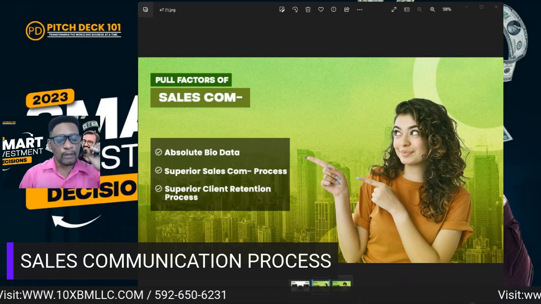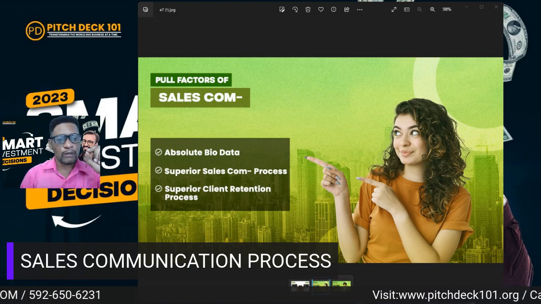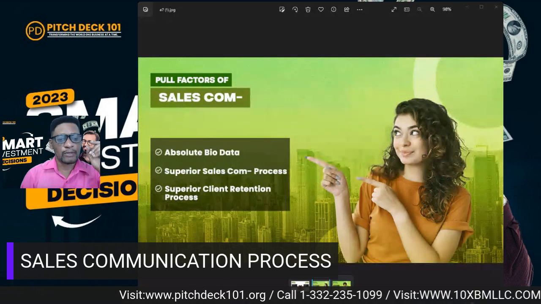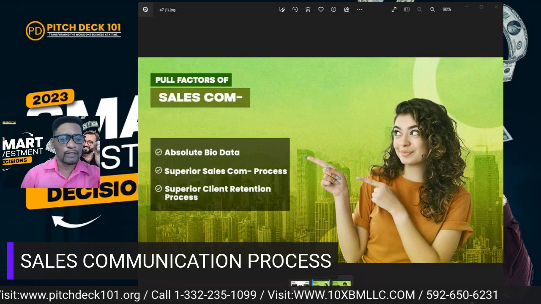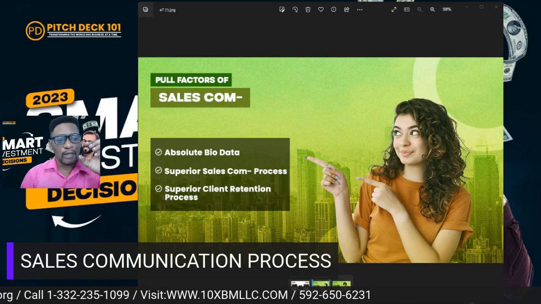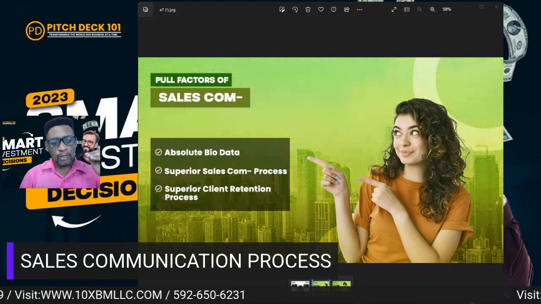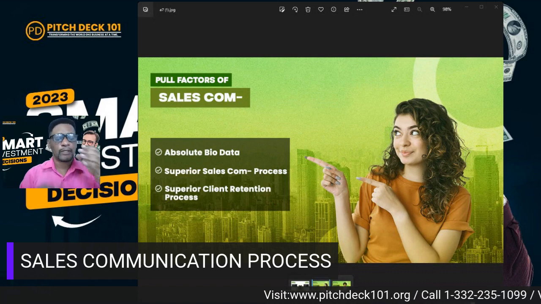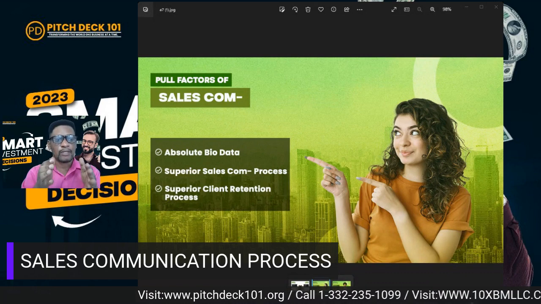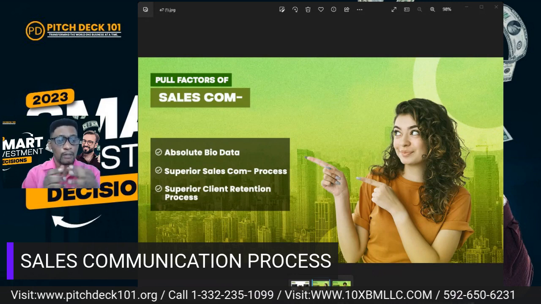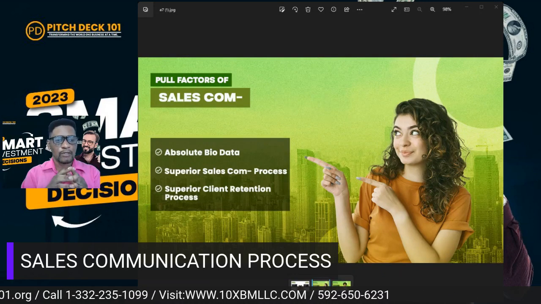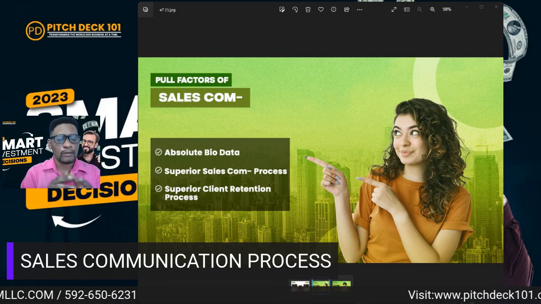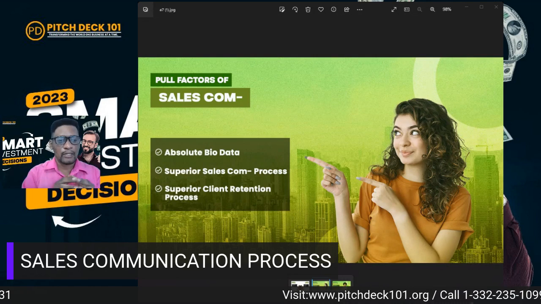So I'm going to stop here in terms of the pull factors of sales communication because I want to look at the next slide, which is the push factors of sales communication. But I must say this, there's a whole lot more to be looked at in terms of the pull factors, and let me explain this a little bit. The pull factors of sales communication are not so interested in knocking on doors. Not so interested in bombarding with aggressive, direct sales. Not so interested in